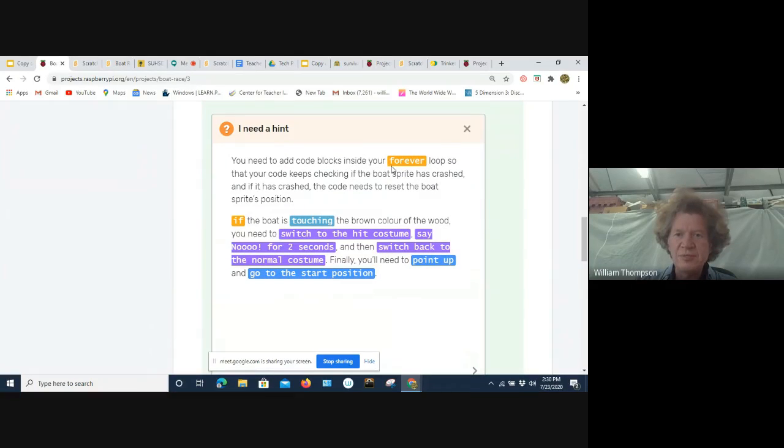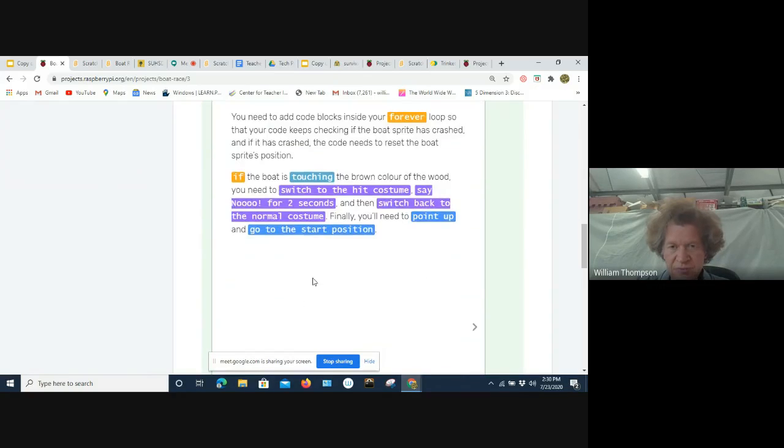So you need a code block inside your forever loop so that the code keeps checking if the boat sprite has crashed. And if it has crashed, the code needs to reset the boat sprite position. If the boat is touching brown color, you need to switch to the hit costume, say no for 2 seconds, and then switch back to the normal costume. Finally, you'll need to point up and go to the start position.